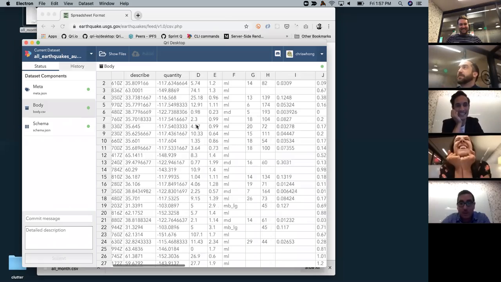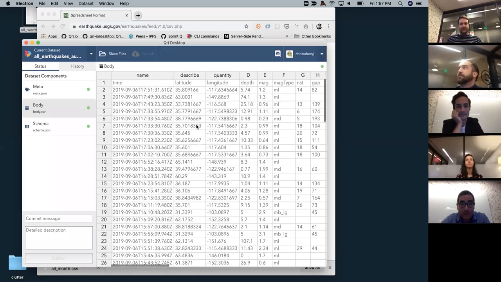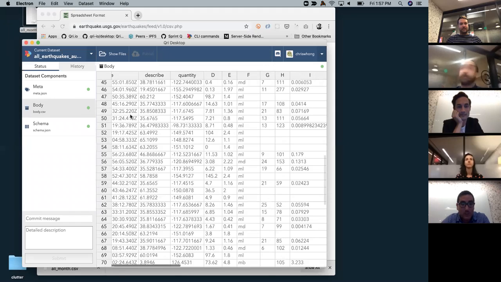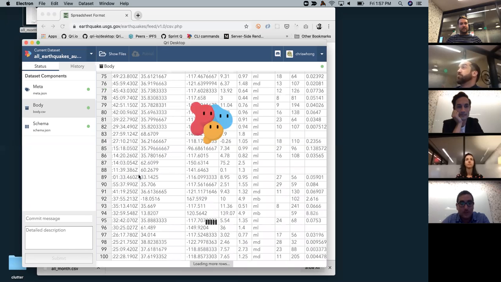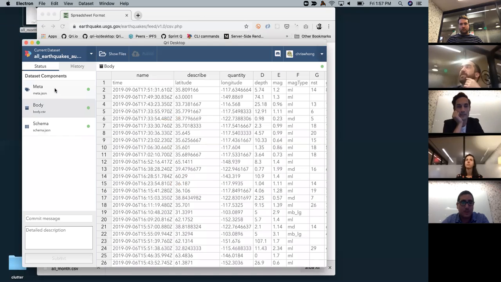Body of my data set, which I never even really opened, but you can see all the columns are in place, and I can peruse it. Let's see, does it have more than 100? Ooh. Doing it live. Okay, let's go check out the schema. Name, describe. So this is the default schema. Yeah, this was populated. Oh yeah, this is not right because we